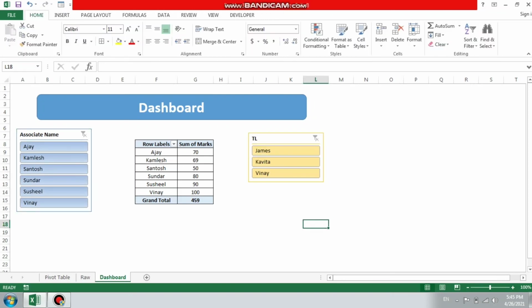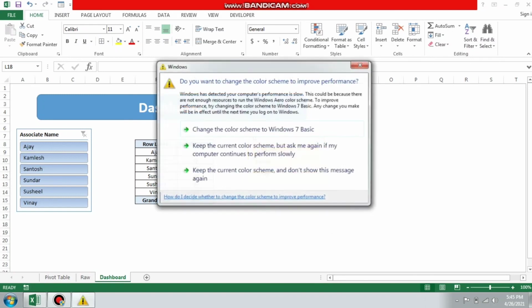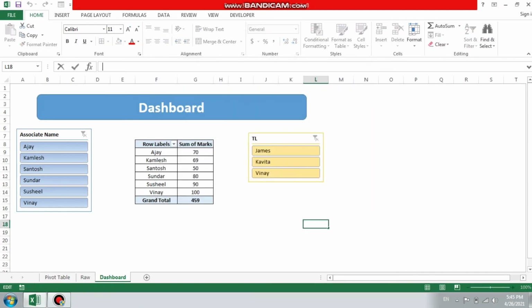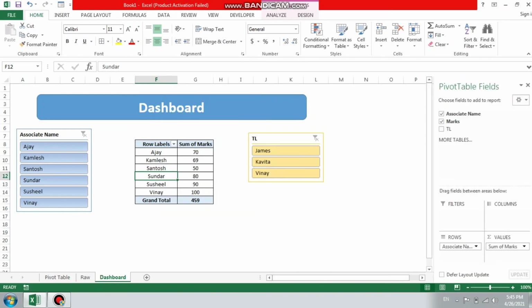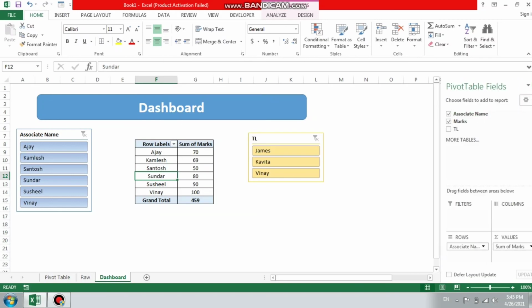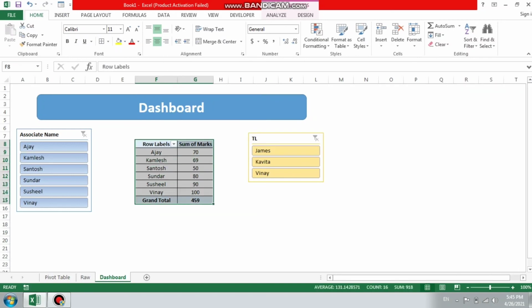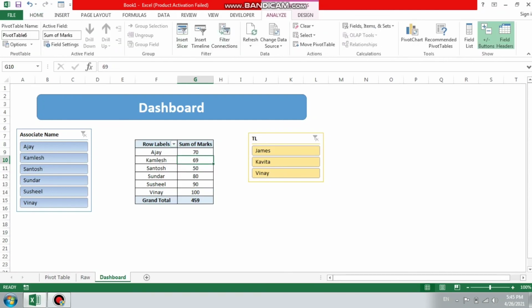And also with the help of this slicer, if you are designing any data, make sure that data is copy pasted into that particular file and is in pivot format. See, if I right click and show field list, you will get the pivot tables and all need to be in pivot format. And next, the slicer needs to be picked from that particular pivot table.